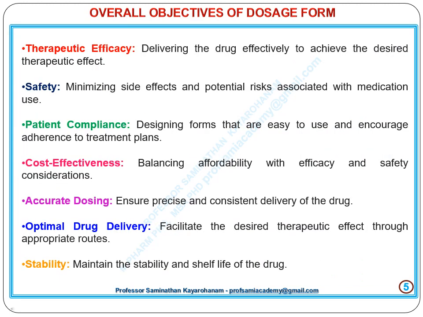Overall objectives of dosage form: therapeutic efficacy: delivering the drug effectively to achieve the desired therapeutic effect; safety: minimizing side effects and potential risks associated with medication use; patient compliance: designing forms that are easy to use and encourage adherence to treatment plans; cost effectiveness: balancing affordability with efficacy and safety considerations; accurate dosing: ensure precise and consistent delivery of the drug; optimal drug delivery: facilitate the desired therapeutic effect through appropriate routes; stability: maintain the stability and shelf life